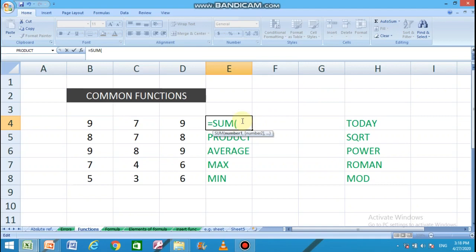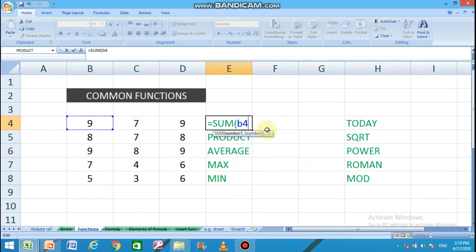For example, addition of 9, 7 and 9. So this 9 is in B4, 7 is in C5 and this 9 is in D6. Type their addresses.